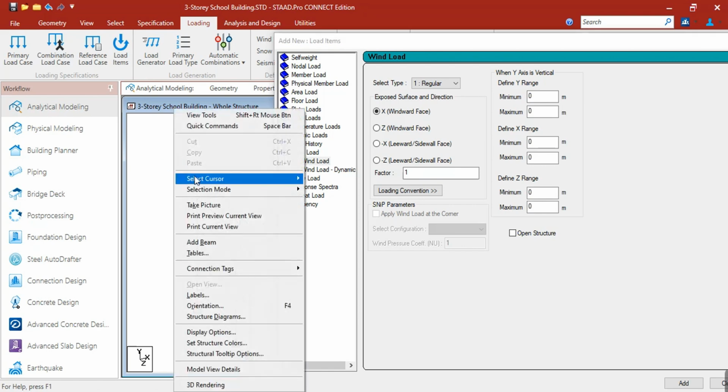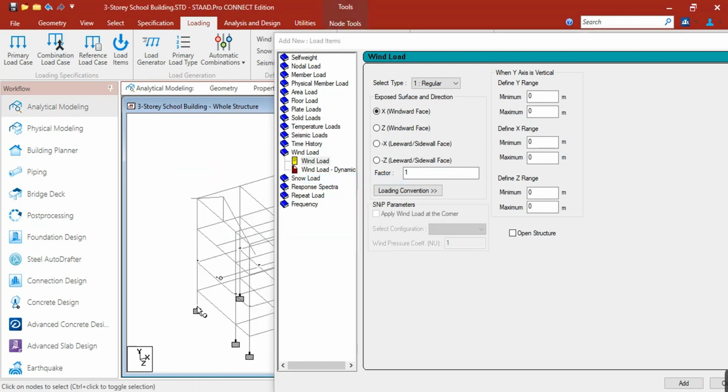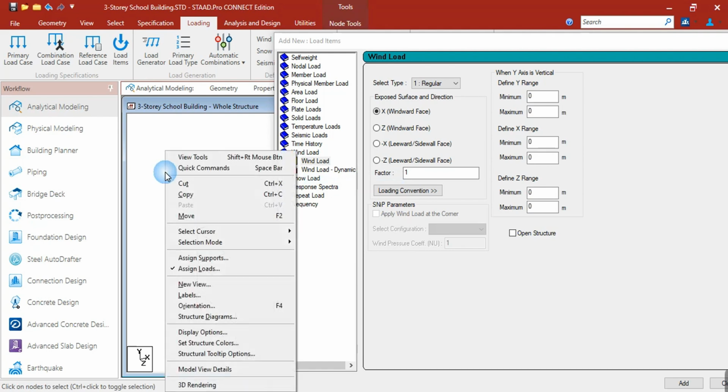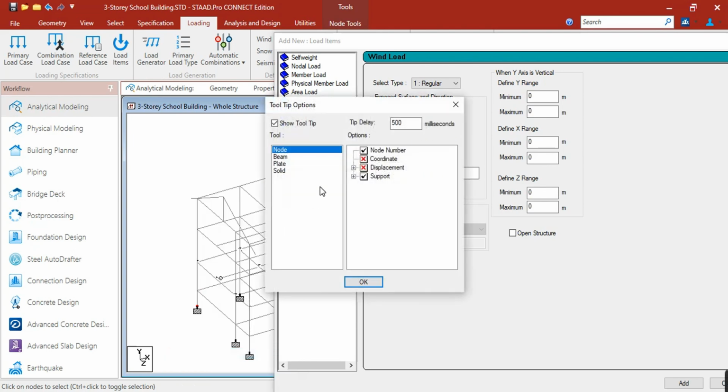So let's check the nodes here for the range. Okay, so let's use structural tooltip option 2, and then check the coordinate.